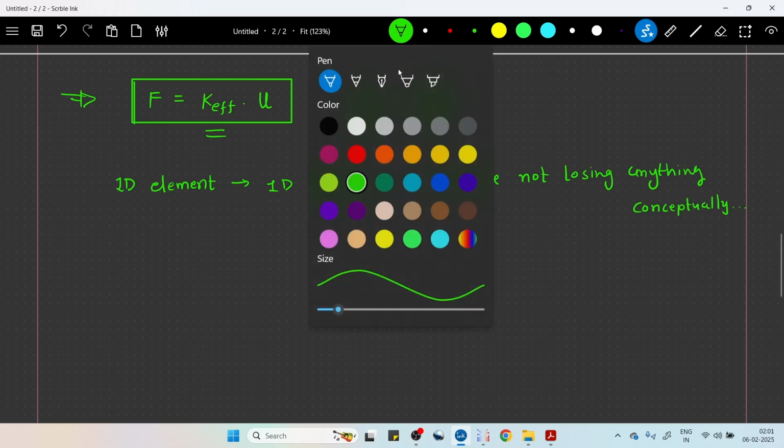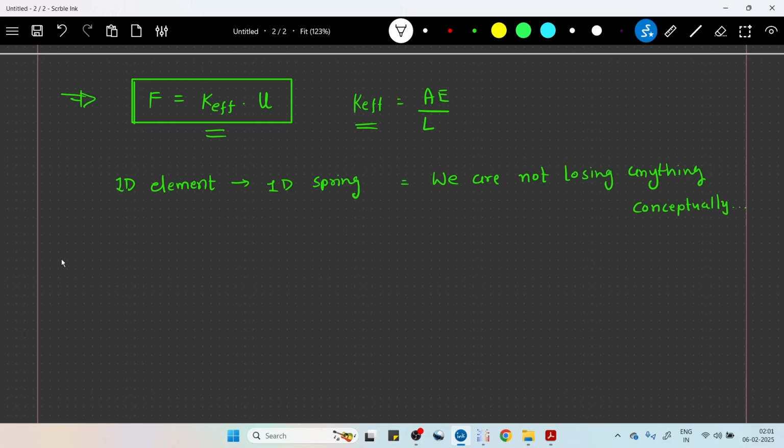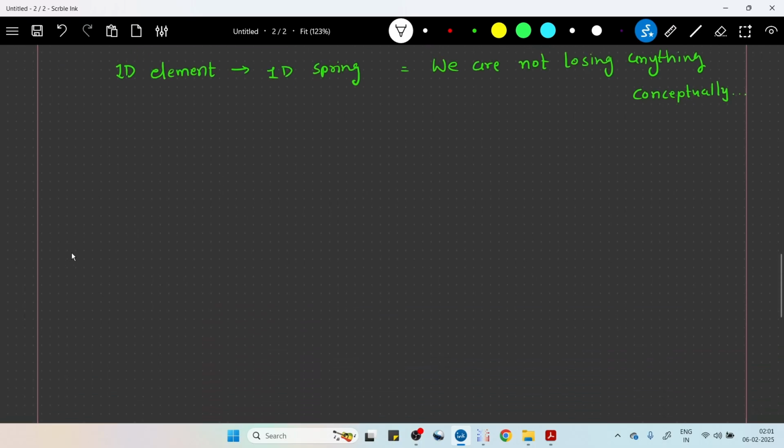So now let's further derive this. We'll now take a 1D spring, since as I said, a 1D finite element is a 1D spring. So I'll take a 1D spring. A spring is nothing but a finite element only. Okay, so I'll take a 1D spring. Since we are talking about finite element,